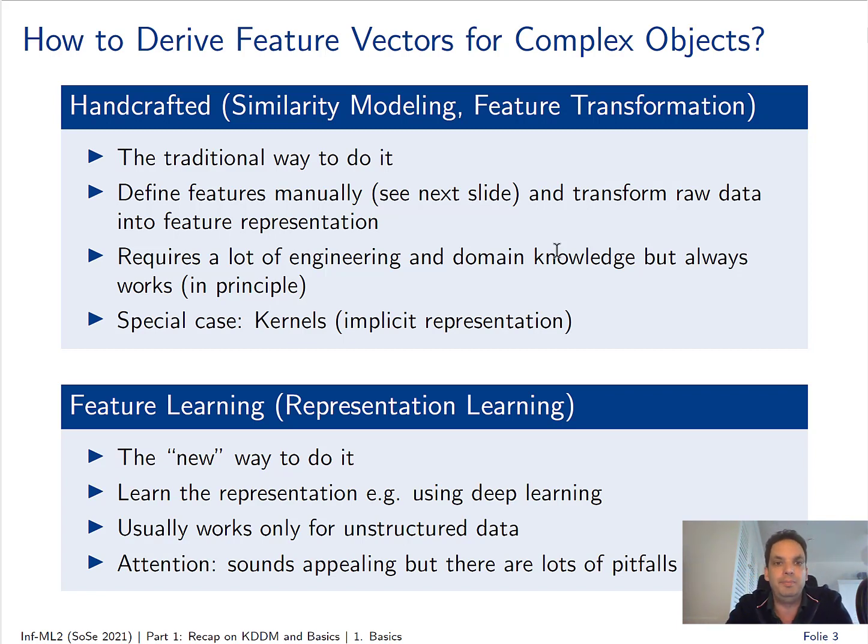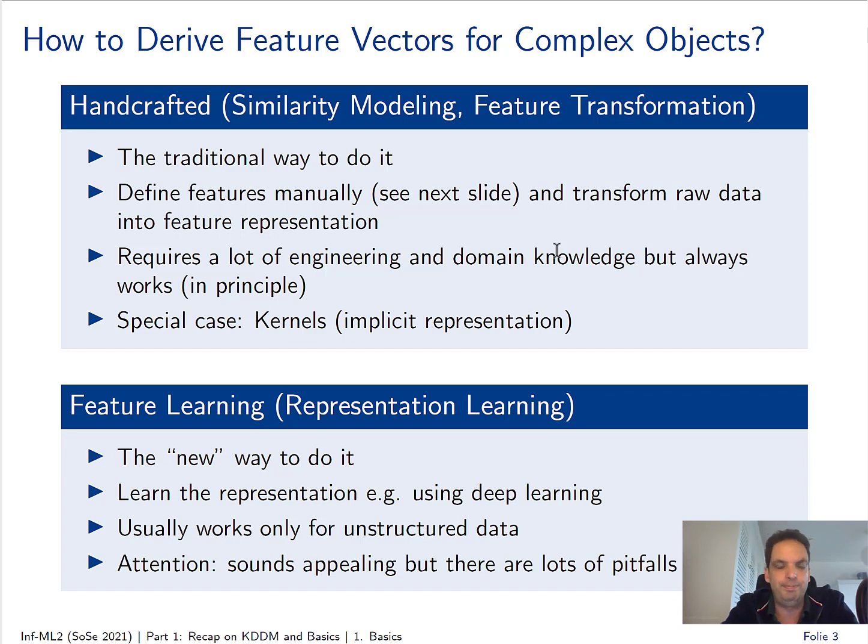So even for one specific type of data, there are hundreds or even hundreds of thousands of different feature transformations. So it requires a lot of engineering. It's very domain specific and application specific. But in principle, it always works as long as you have someone that tells you those and those features are the most important ones, try to derive them. It's just an engineering task in that case. Anyway, in principle it always works, but of course,